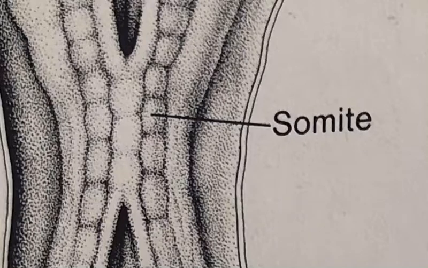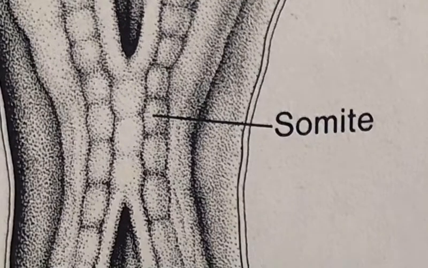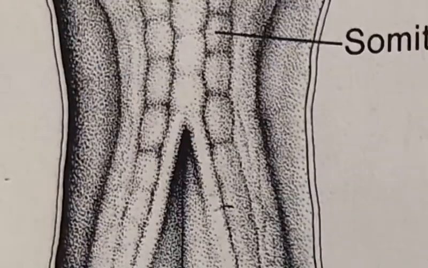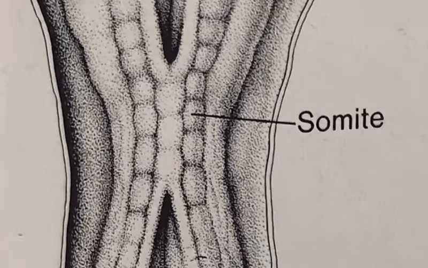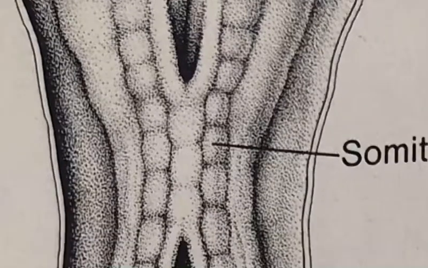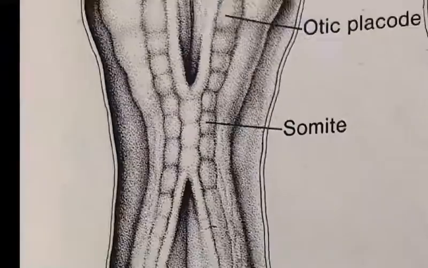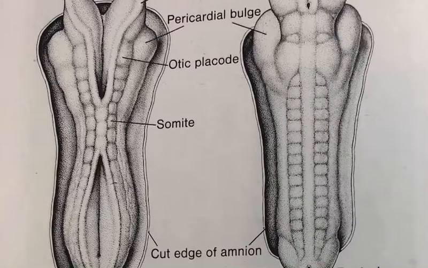This anterior neuropore means that opening. The anterior neuropore closes at the 25th day or 20 somite stage. You keep it in mind, the anterior neuropore closes on the 25th day or 20 somite stage, and then the posterior neuropore means the one at the back. The posterior neuropore closes at day 27 or 25th somite stage. These two are very important MCQs. If the anterior neuropore fails to close, that might lead to anencephaly. And for the posterior one, spina bifida, everyone knows.